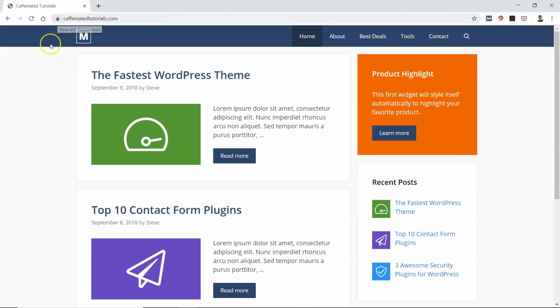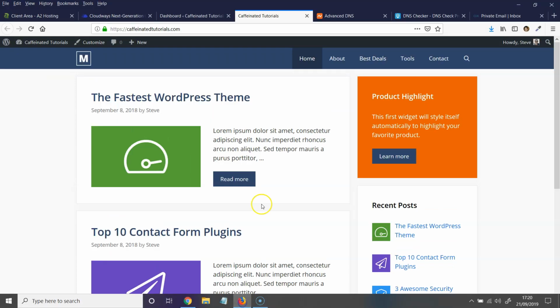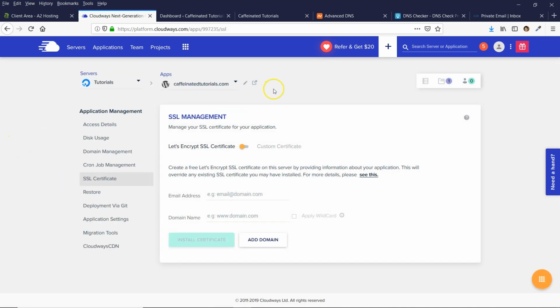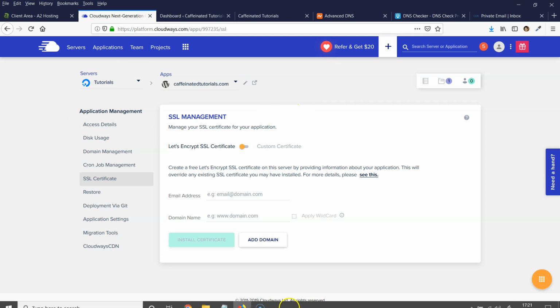So I'm just going to check that now with Chrome. Mine is actually still showing the old version, and I can tell that because it's showing the HTTPS version, and with Cloudways I haven't actually installed the SSL certificate, so I know that it's still showing the old version of the website. So if you've cleared your browser cache and you've tried a new browser and it's still not working,